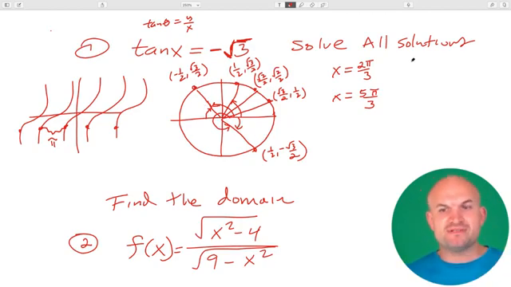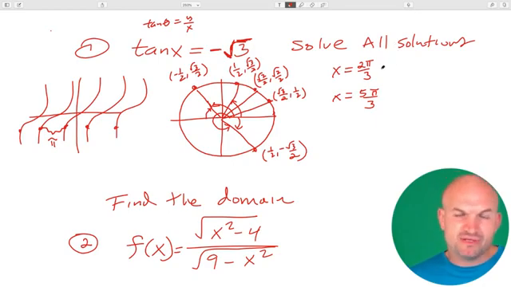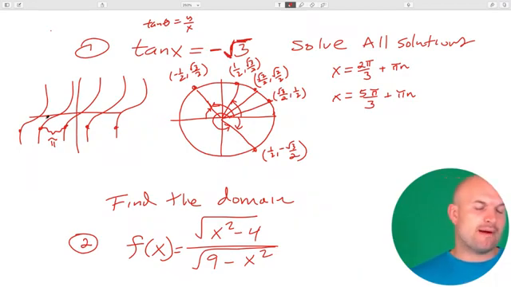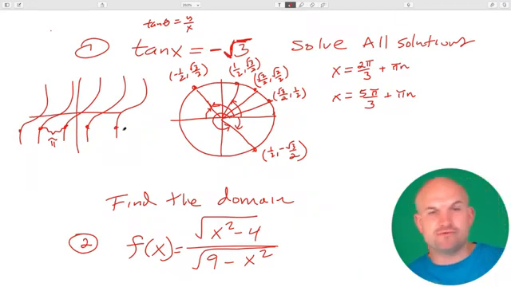Infinitely many. So to represent that, we use a letter, and typically n or k or c is a letter we'll use. I don't even remember what I use in my class, so I'm just going to use n. So I'll say pi n, where n is going to represent any integer, positive or negative. Positive represents going to the right, and negative would represent going to the left. But since, again, tangent repeats infinitely,